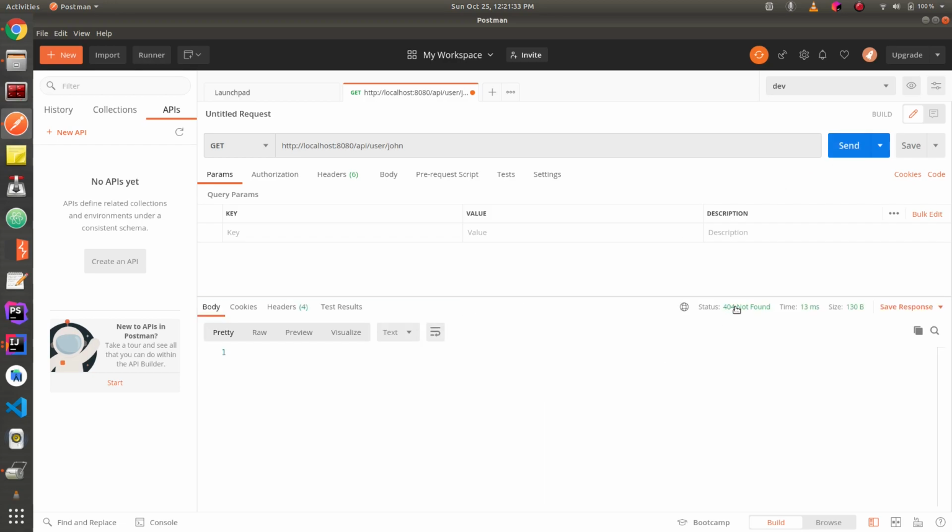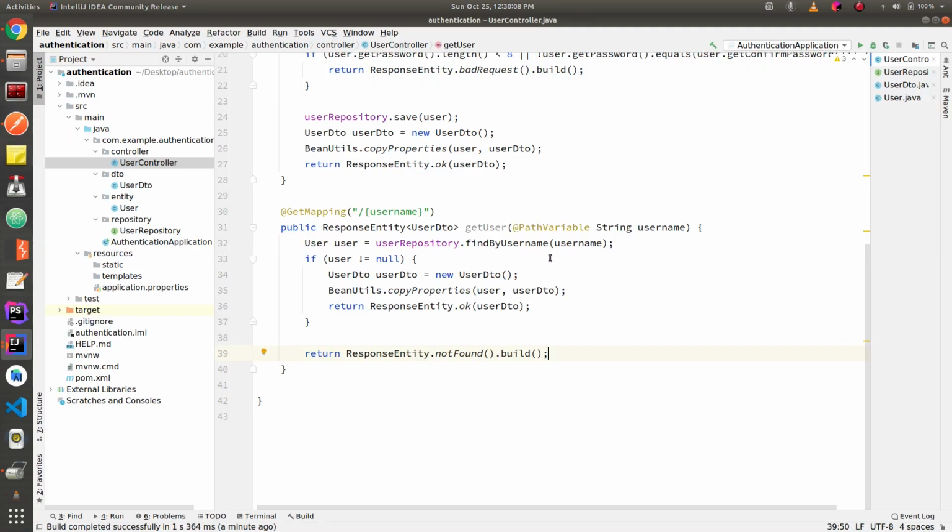So we have got 404 not found, and this is because the username that we have inserted in the database has a capital J and we were looking for a small j.